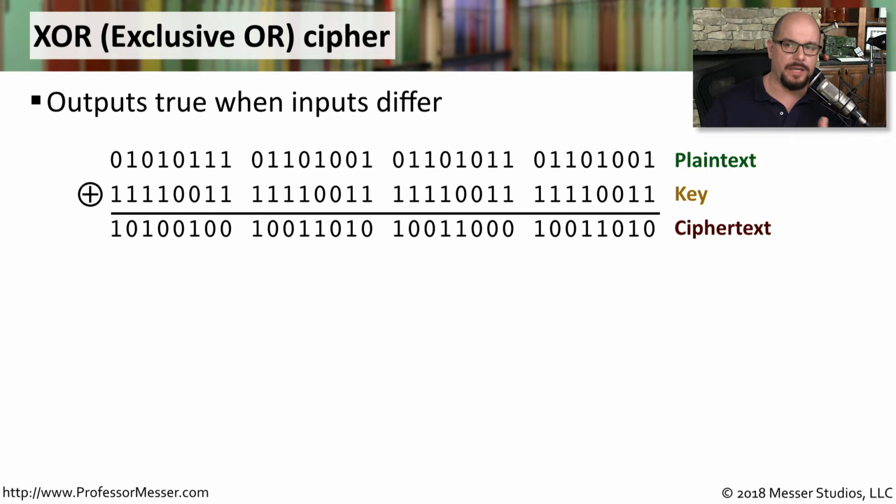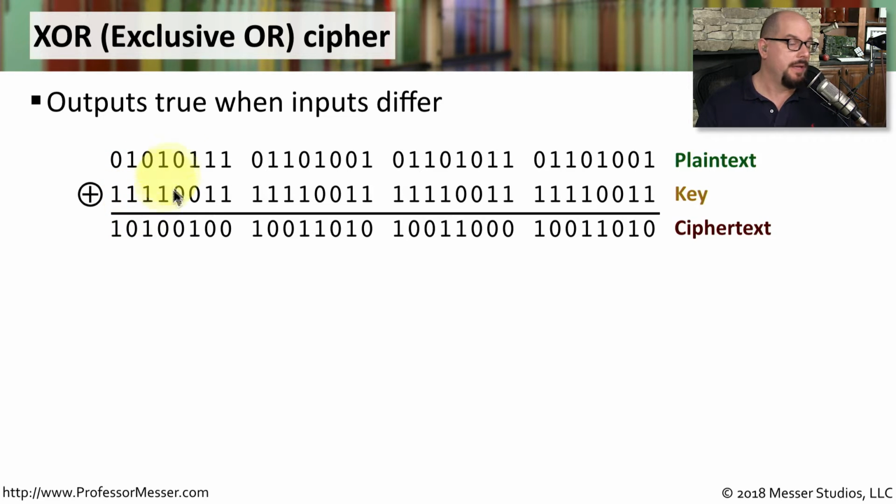One way to make data less readable is to put it through a particular cipher like exclusive or, XOR. With XOR, we're comparing two different types of input to be able to create a single output. If both of those inputs are different, then we mark them as true. If both of those inputs are the same, then we mark them as false. In our particular example, true would be a 1 and false would be a 0. So if we have a 0 and a 1, those inputs differ, so we mark them as true with a 1. If we have two inputs that are identical, for instance, 1 and 1, we mark those as false,